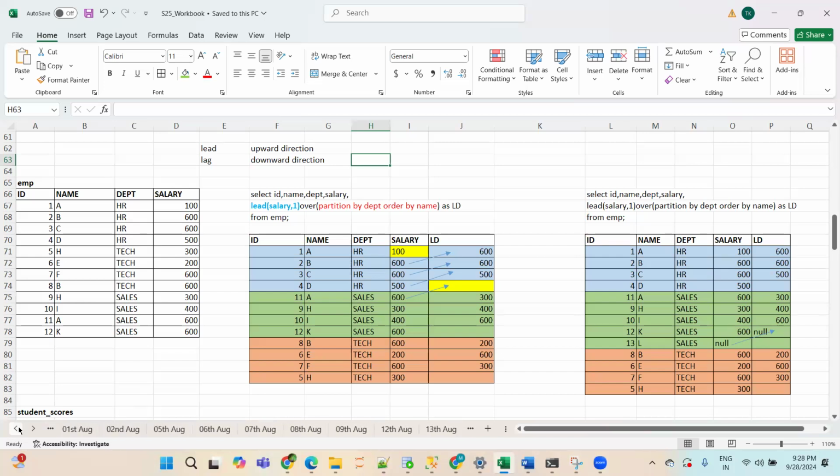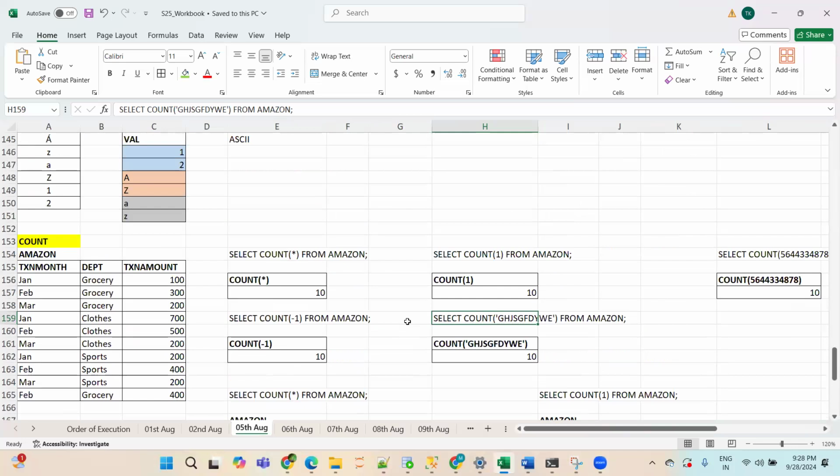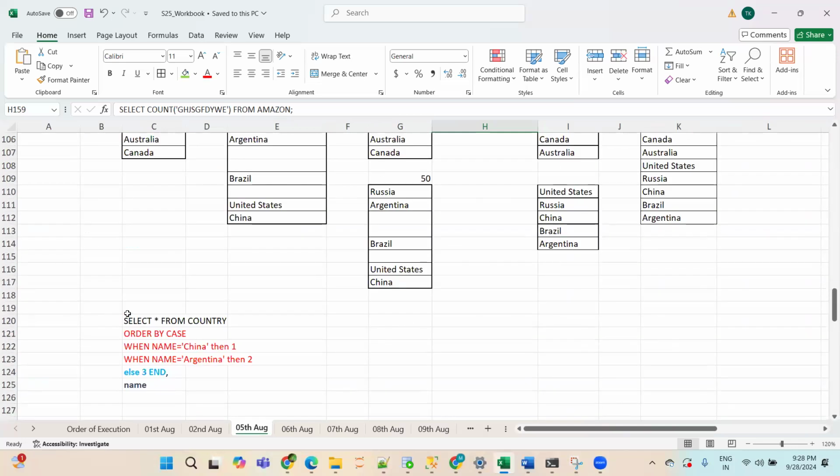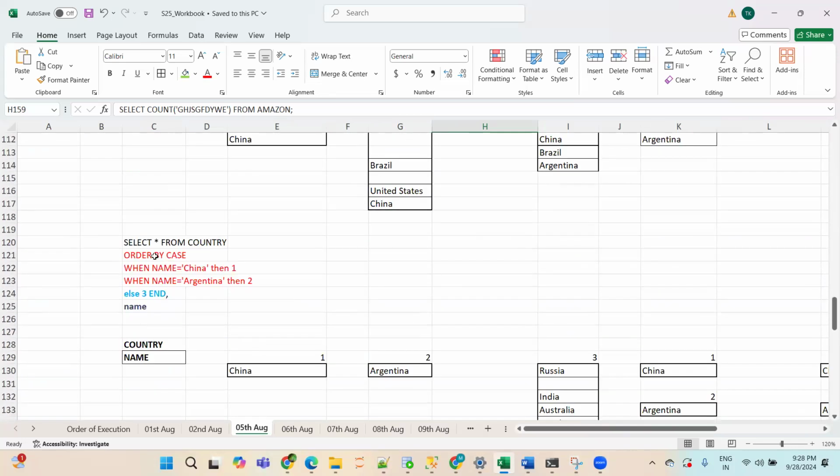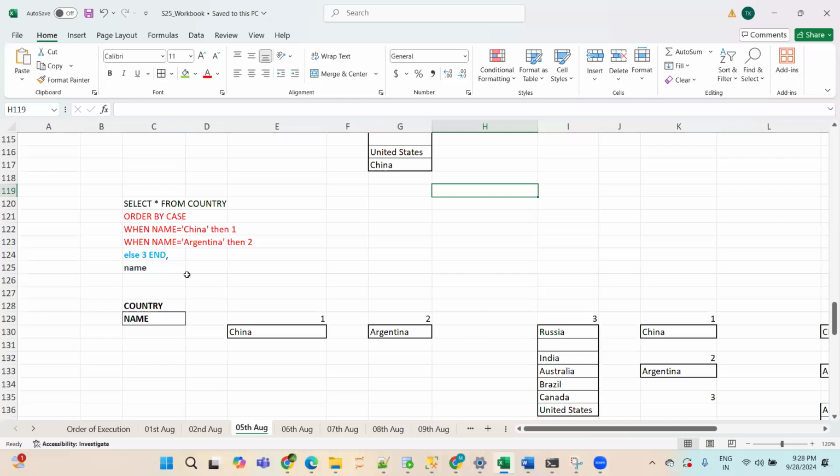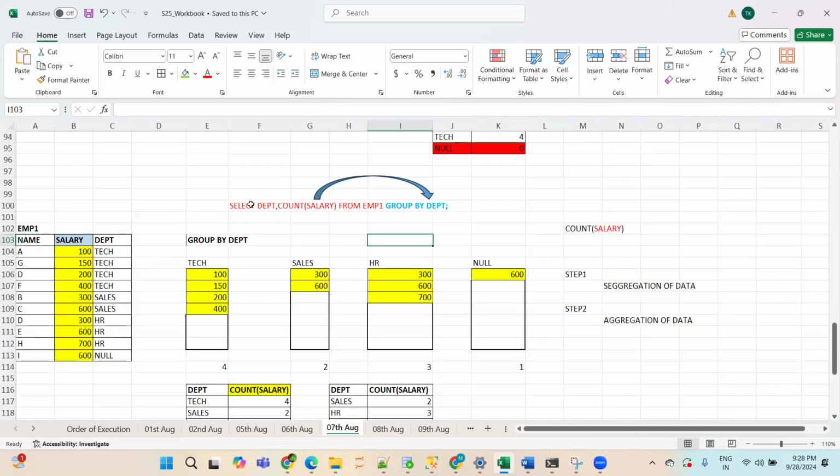In this course, I'm not going to just tell you, okay, you executed this query, and this is the output. If I'm executing a query, how it is getting executed by the SQL engine at the backend is what we cover in this Excel sheet on a date-wise basis. This will also be shared after the class. Suppose I am teaching COUNT: how the engine is executing this and fetching data for you. This will also be shared with you.